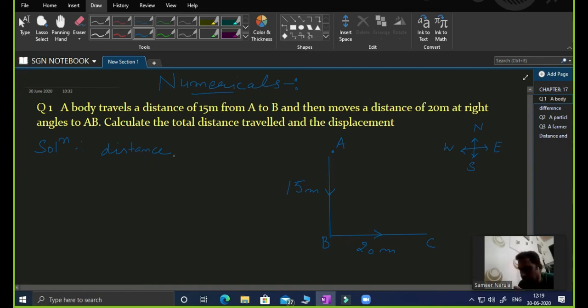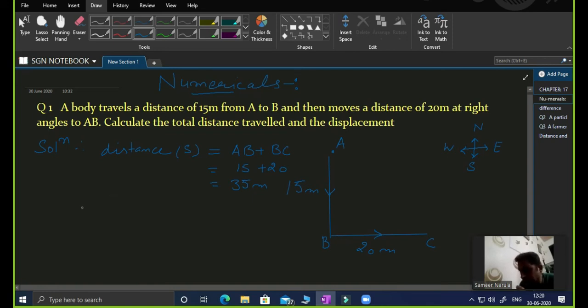Okay, now the distance is equal to your AB plus your BC, and that is equal to 15 plus your 20, and obviously that should be your 35 meter. So this is the distance that we have calculated. Since it is a scalar quantity, it does not require any direction. It is completely described right now. The distance is completely described as